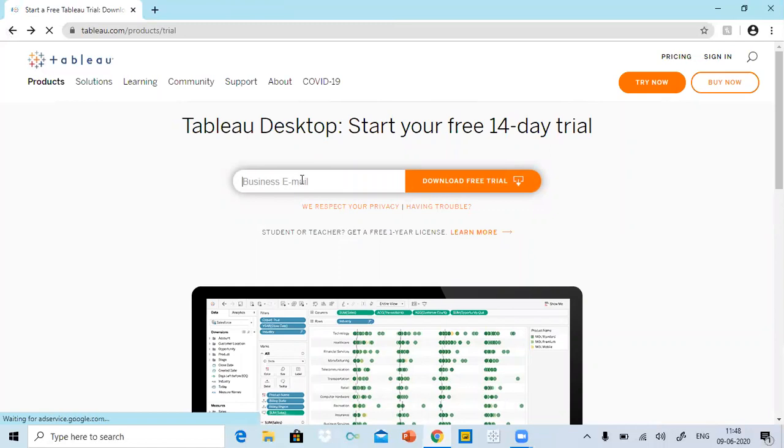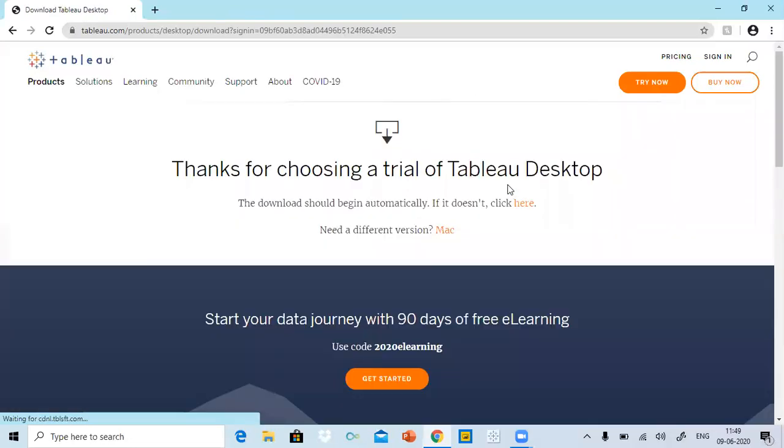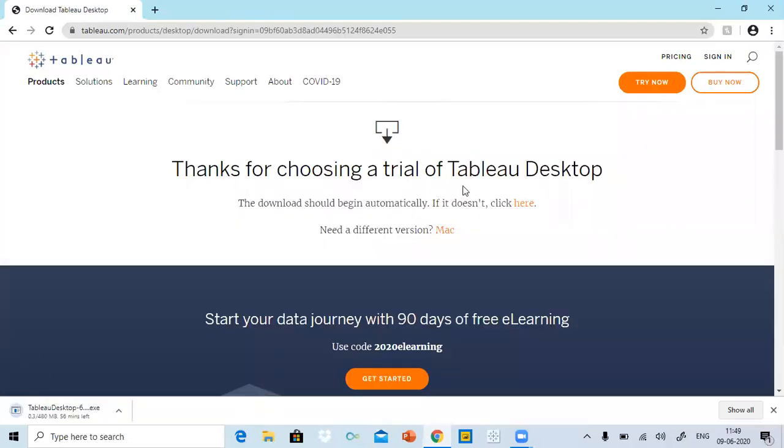Here we have to type the email ID and then click on Download Free Trial. You can see the message "Thanks for choosing a trial of Tableau Desktop" coming, and the download has started.